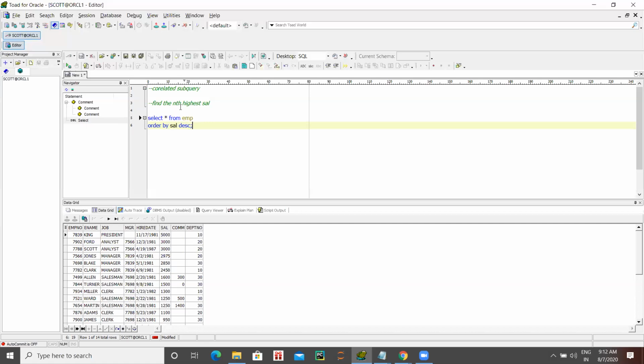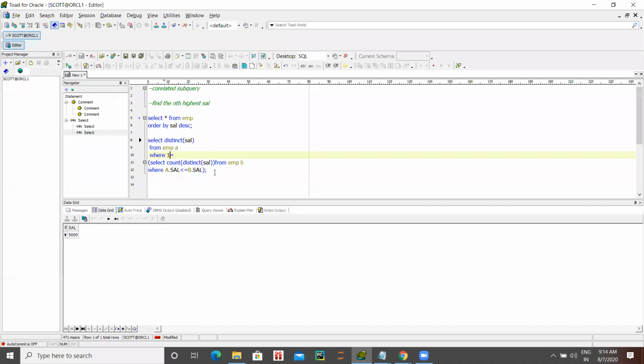Okay, so now write that query. This is the generalized query to find the nth highest salary. Here, instead of this number, you can give 1, 2, 3, 4, 5, whatever, and accordingly it will give that highest salary. Let me explain how this works. This is nothing but your correlated subquery. See here, salary, I want to see what is the highest. So we can use only one table, employee, right? But here is the logic of how we are applying it.